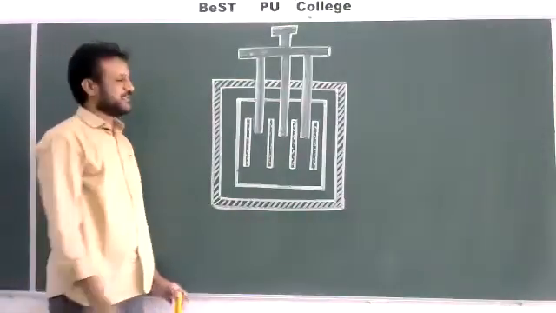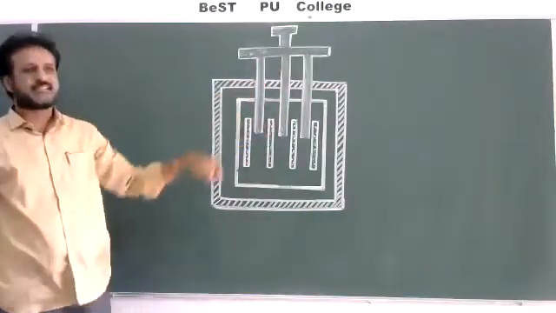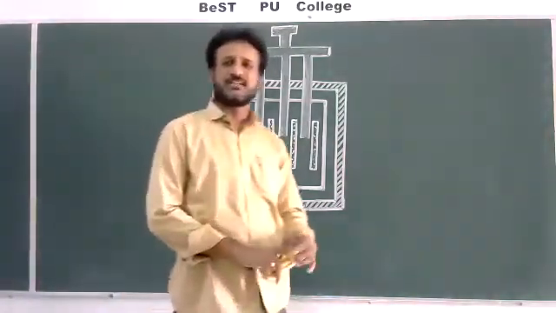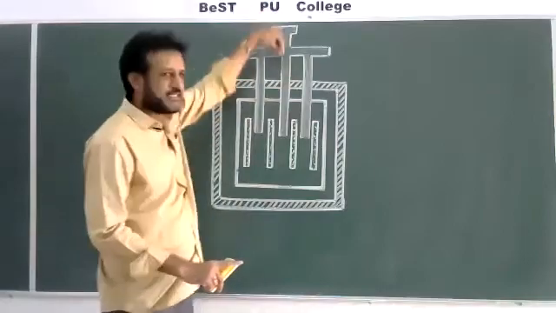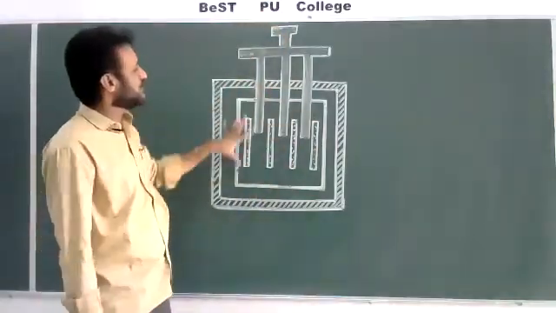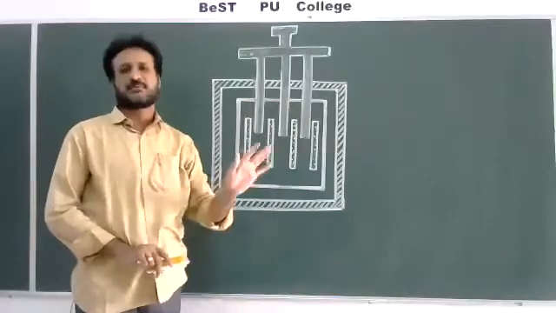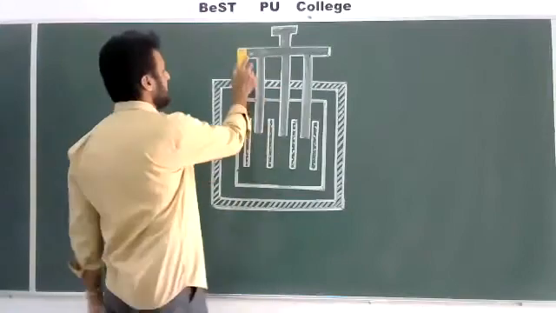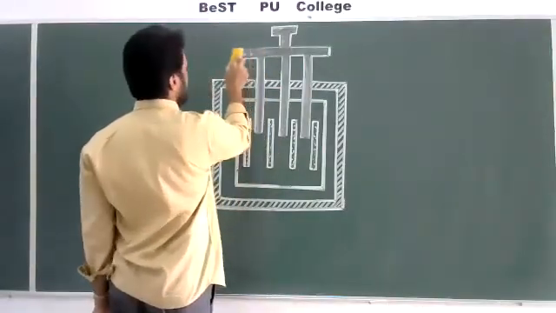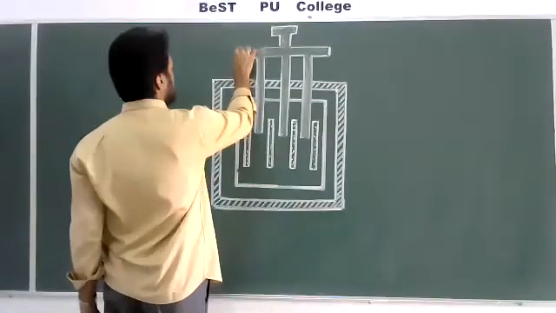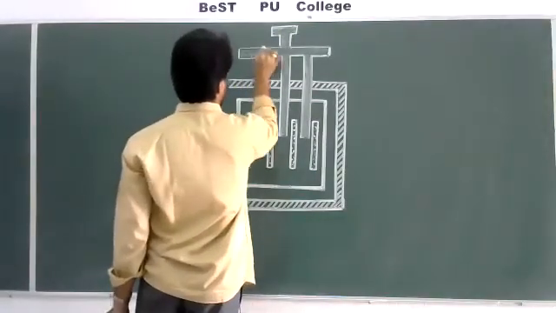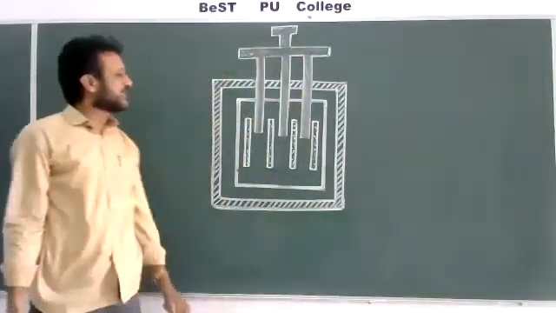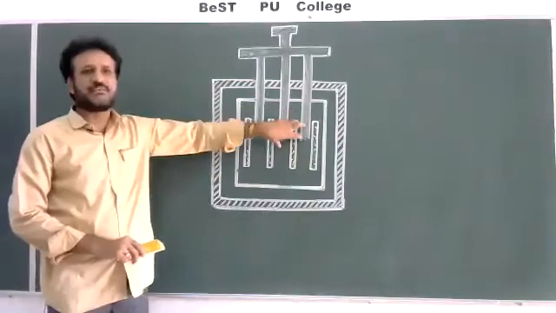So in the diagram we have shown these shaded parts, which can be taken as control rods. Whenever we want to stop the reaction, these control rods will be pushed inside the core of the reactor, all the neutrons will be absorbed, and the reaction will be stopped. Whenever we want to start the reaction, we pull the rods outside and the reaction will be started. So depending upon the purpose, we can pull them inside or outside, so that we can control the total nuclear chain reaction.